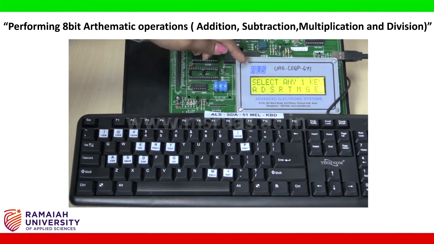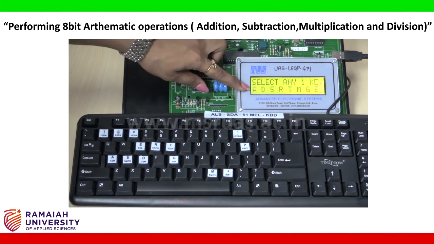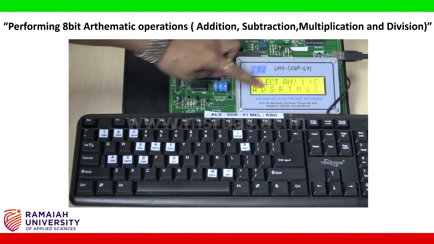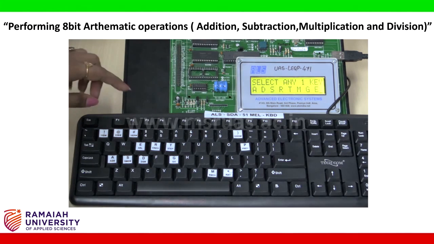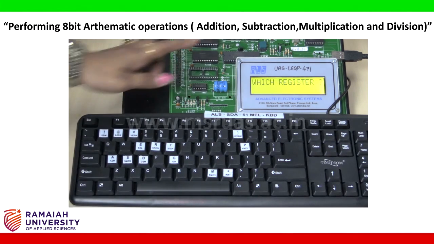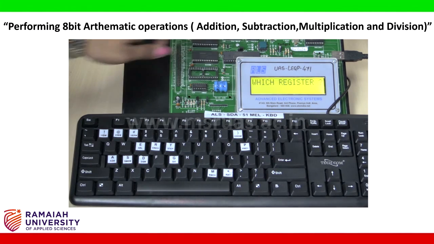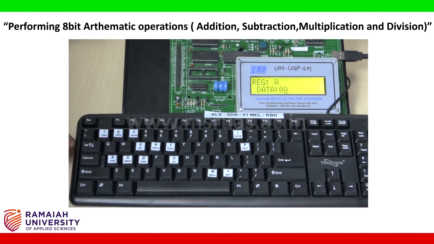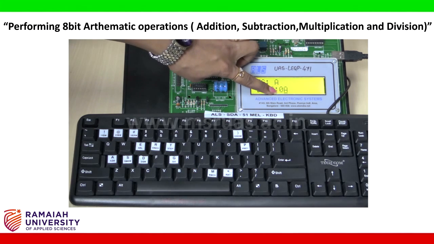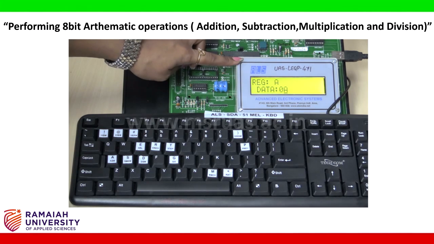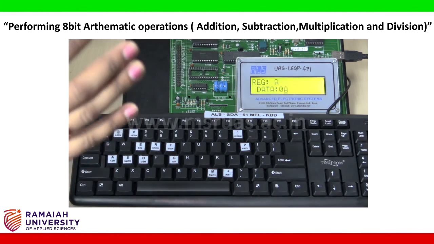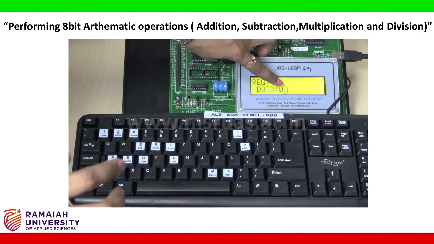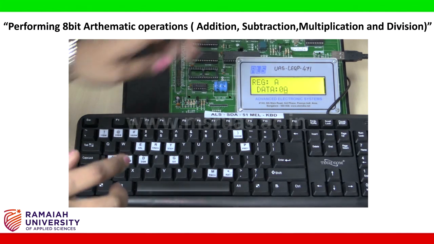Now it is asking to select any one key, whether it is in assembler mode or disassembler mode. Our result is in the register, which is the accumulator. So press R. It is asking which register. Now click on A. So register A has the value 0A. That means we have done the hexadecimal addition of 06 and 04, which results in 10, and the hexadecimal value of 10 is 0A.